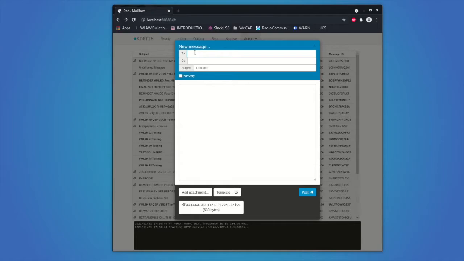Joan is able to address her Winlink message to QSP. That is a tactical address that exists in the Winlink system that will get to the QSP editor. As she goes through, she will go into the subject, and she will make sure that it's a Winlink 2K message, going to have routine precedence, and adds that it's for a QSP submission, and then we'll post the message